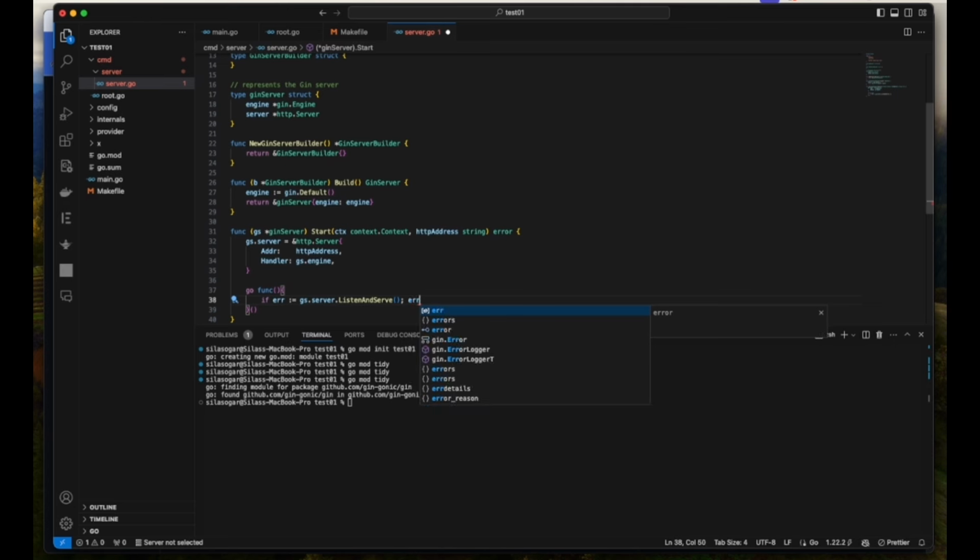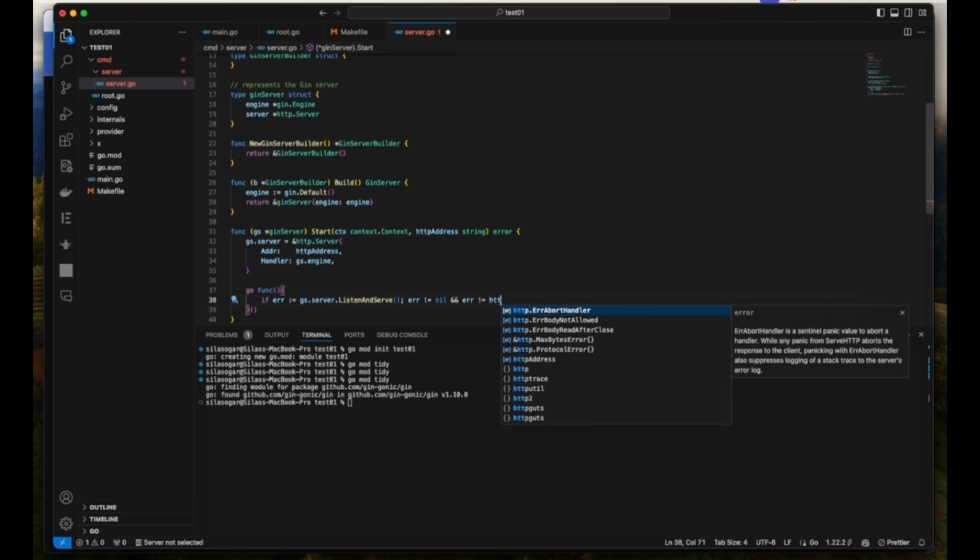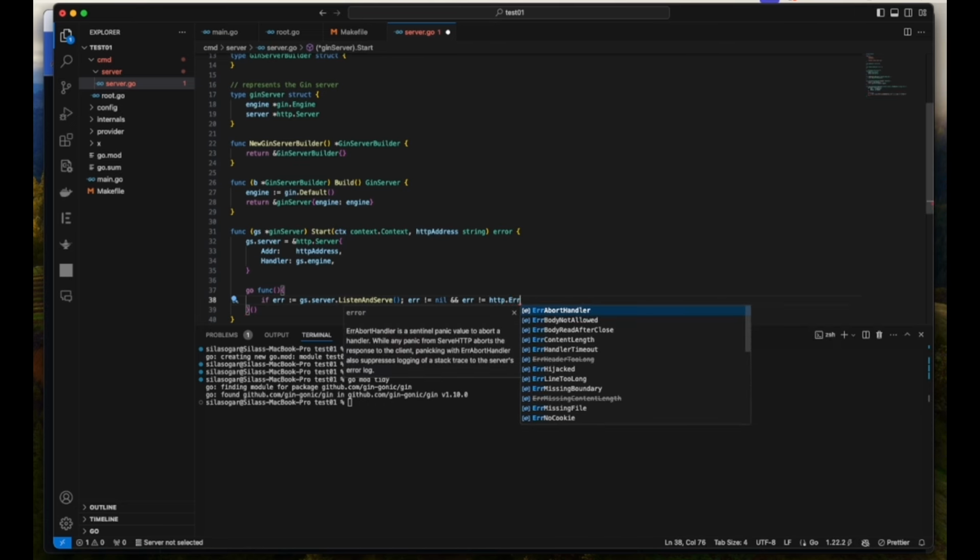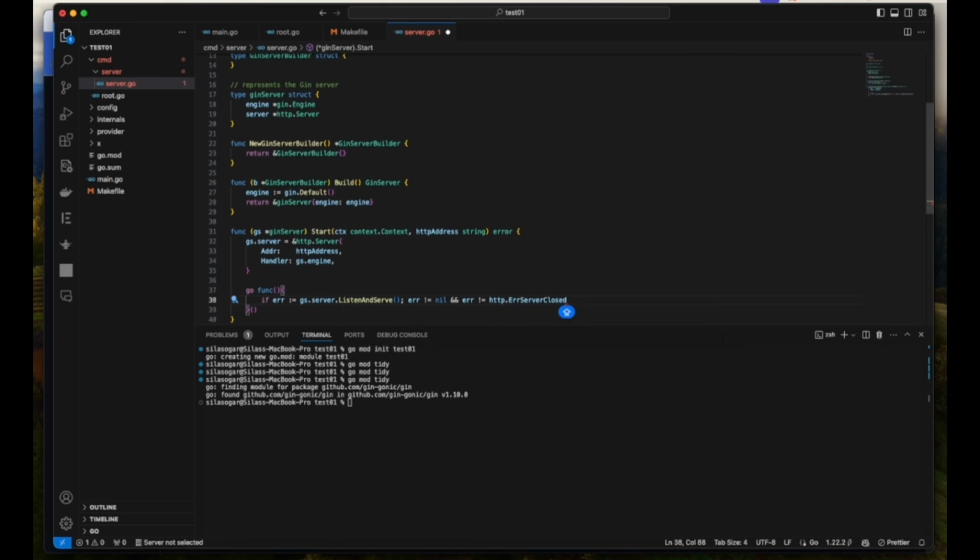Okay, so we say error, if it's not equals to nil, and let's say error is not equals to HTTP dot error serve closed. Okay, if it's not equals to that, we can at this point